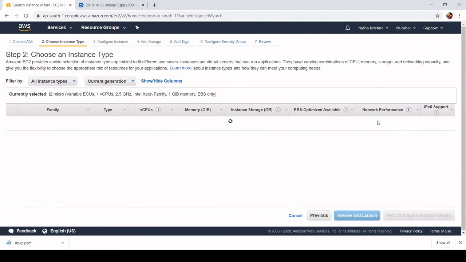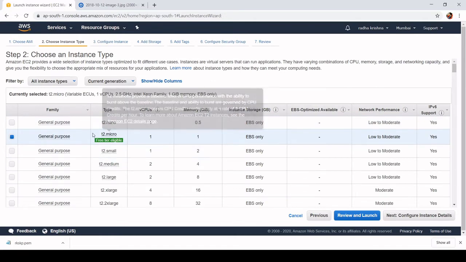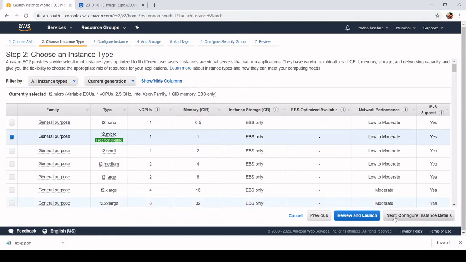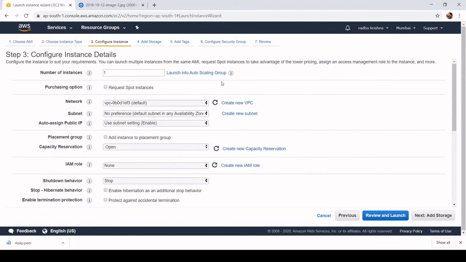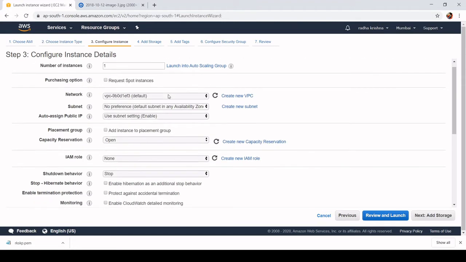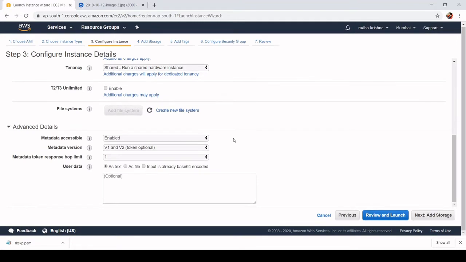Click on select and free tier eligible. Next, configure instance details, keep the instance count as one, and keep the default VPC. And again you need to pass a bootstrap script here. Okay, this is the bootstrap script, and you can see here I have changed it to web server 2.